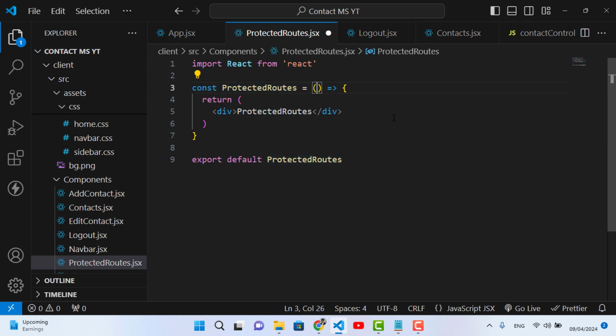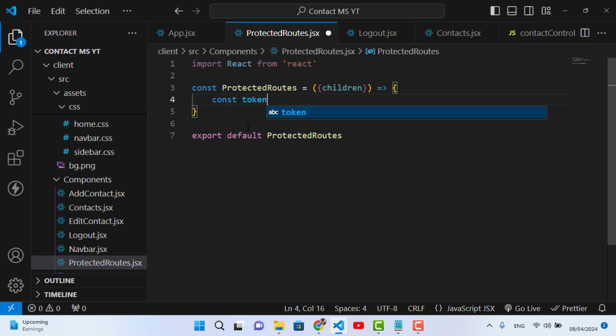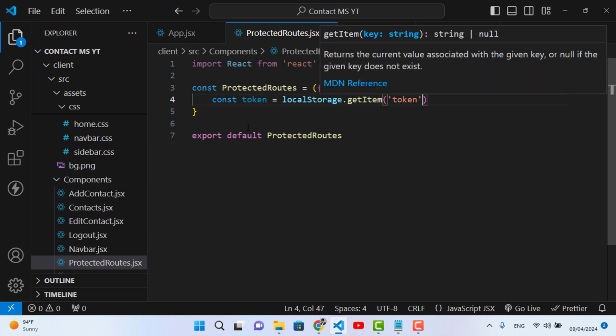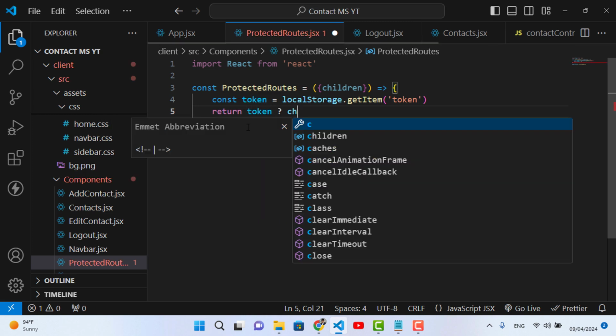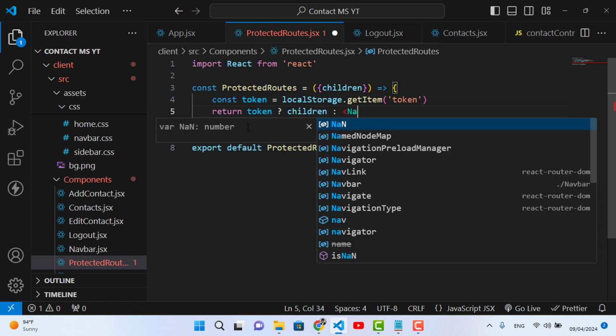We will now pass children to this protected routes. We will just get the children here. Whenever we pass a component to this protected routes, we will get it here. Now, let's remove this code. First of all, let's get token equal to localStorage.getItem token. So we will get the token. Now let's return: if the token exists, then return children, else return Navigate